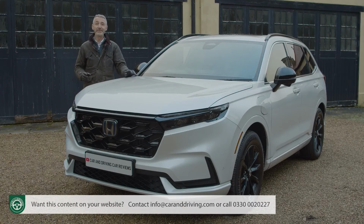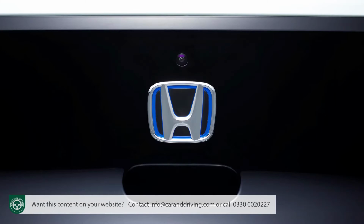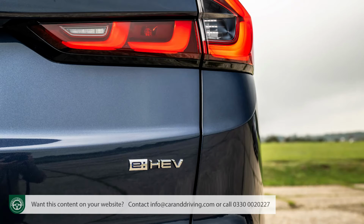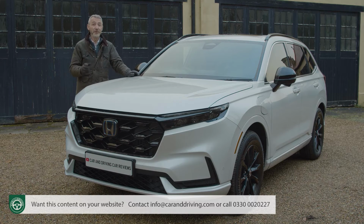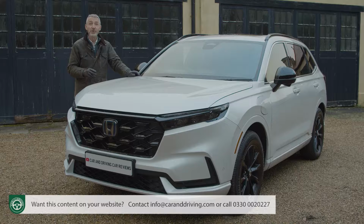Extra technology has to be accompanied by plumper pricing, which is why from launch and at the time of this test in autumn 2023, Honda was requiring a £46,000 budget for this CR-V in eHEV self-charging hybrid form. That's with base Elegance trim. The plusher Advanced variant, the one you're more likely to want, will cost closer to £49,000. You'll need more like £54,000 for this ePHEV plug-in hybrid version, which only comes in the single Advanced tech level